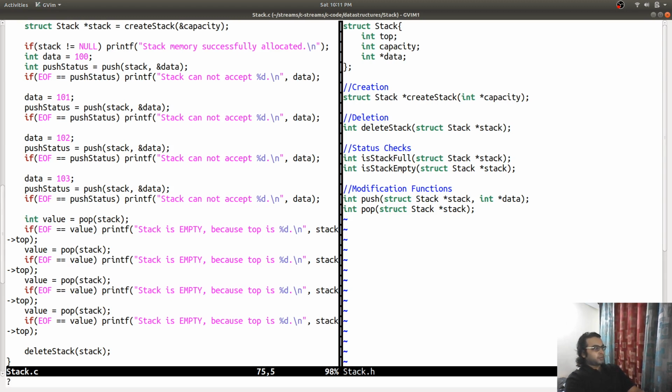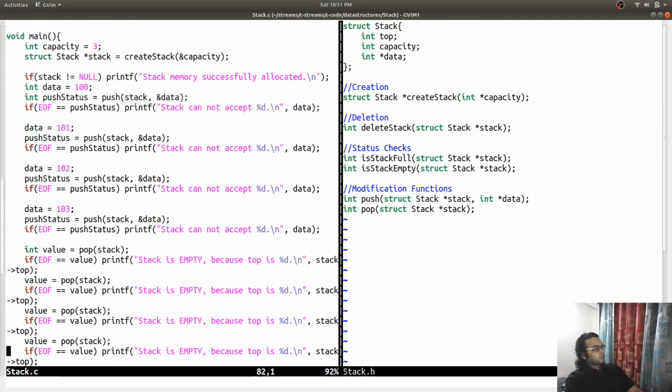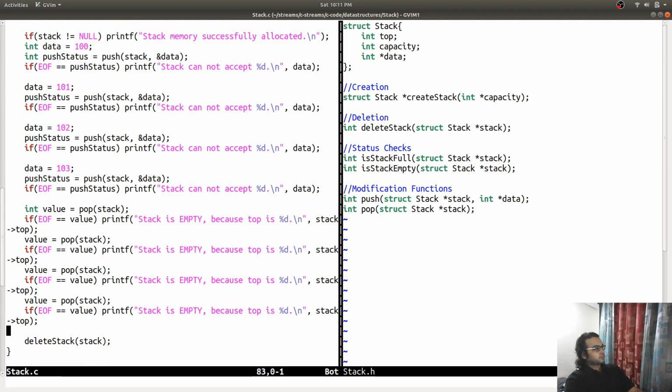It should be end of file. They should have printed, because I am popping this 4 times. So, once.